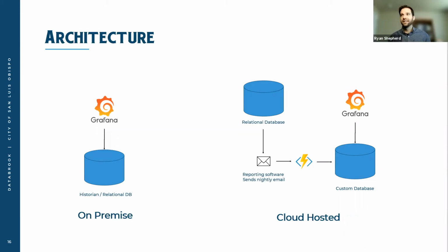So to get a little bit technical for the tech folks in the room, Grafana could be stood up really easily on premise. It's just hosted on an application server and then pointed to your relational database, basically. We went with a little bit of a more complicated approach. This is the cloud hosted approach, because moving to the cloud starts to enable a lot of new power, like being able to view these dashboards from wherever you are. Now, there are risks associated with moving to the cloud, but we found what I think is a pretty clever way to reduce those risks, which is the software that runs on top of the relational database that was already installed at San Luis Obispo